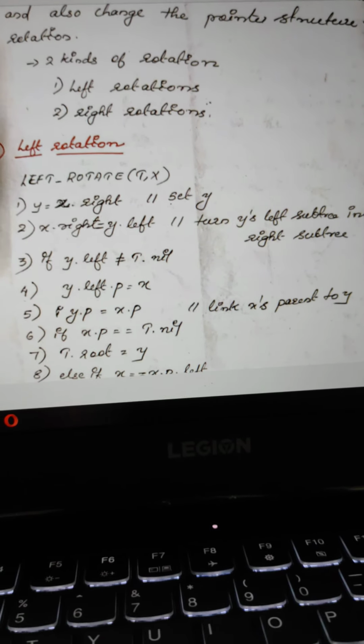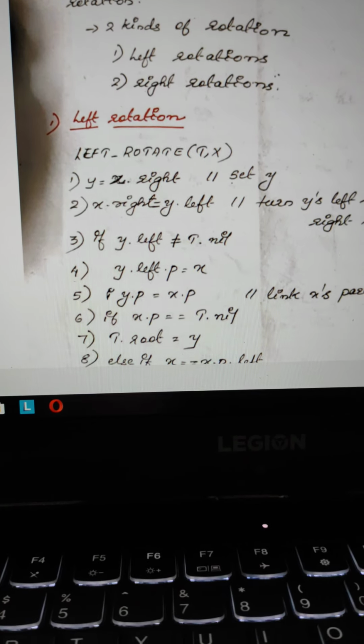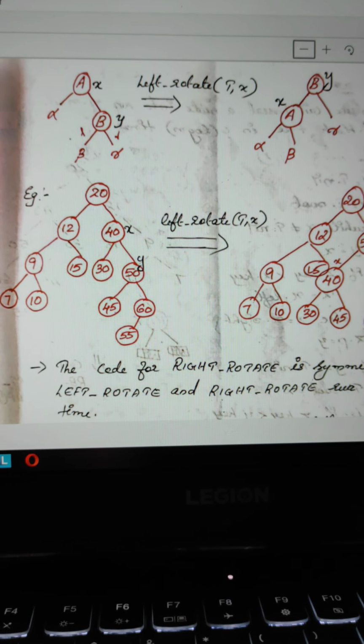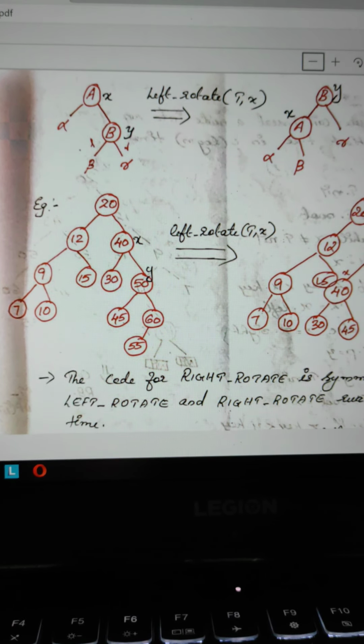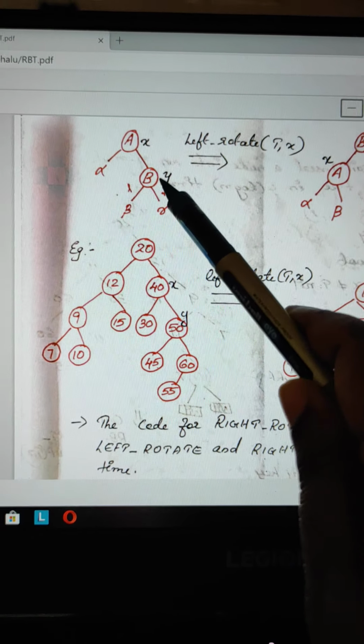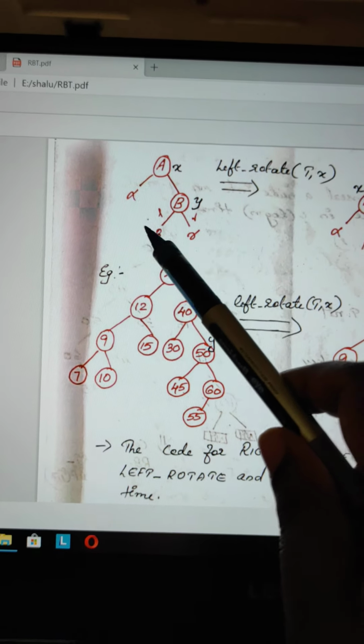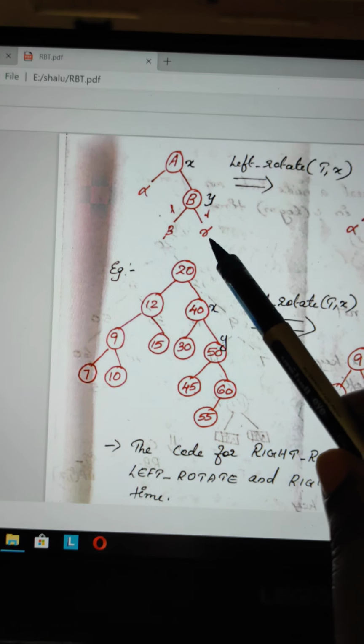First one is left rotation. Let's see one example first, then we can move to the algorithm. Left rotation, see this tree. A is the root node and B is the right child, alpha is the left child, and we have two children, beta and gamma.